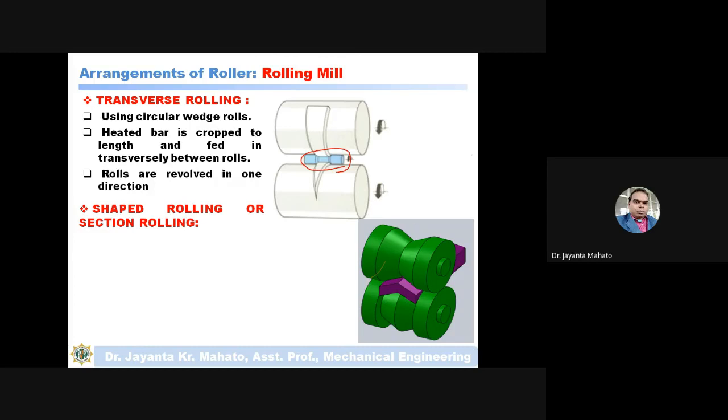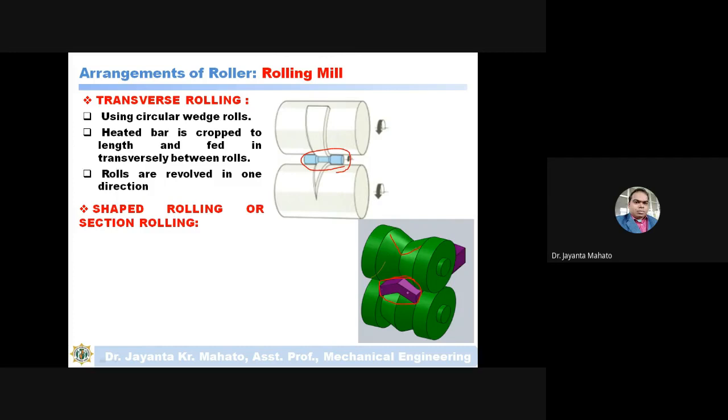According to this section, this is a V type of section. Depending on this section, you get this type of sectional product.